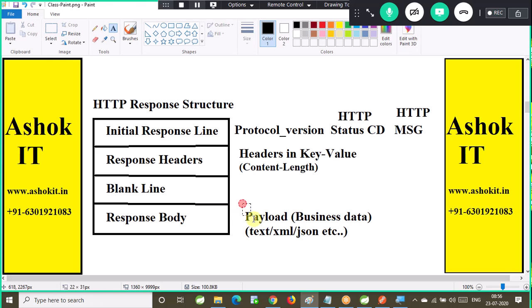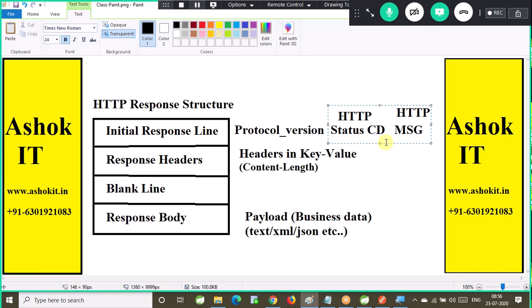This payload is prepared by the server, meaning one API sends it to the client. When the client reads this payload depends on the status code. The status code represents what happened with our request: whether the request is successful, a failure, or aborted, or what went wrong. The client will understand that based on the status code.